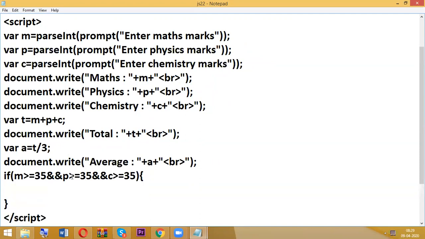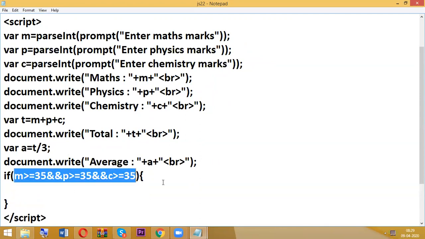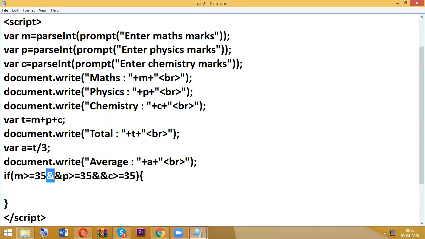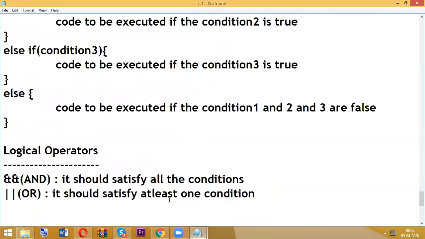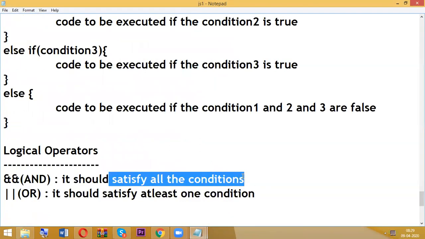So why did I use the ampersand logical operator here? If any student passed, he needs to satisfy in all the subjects, 35 or more. So that is the reason I am using the AND operator. AND operator means however many conditions are available, it should satisfy all the available conditions.